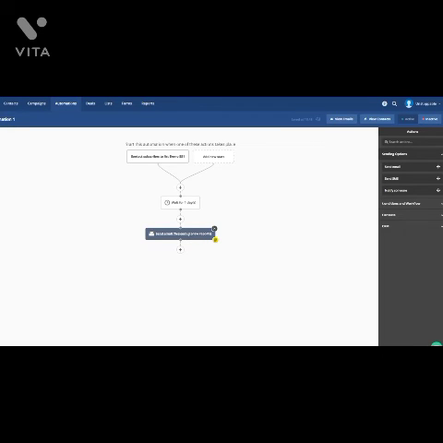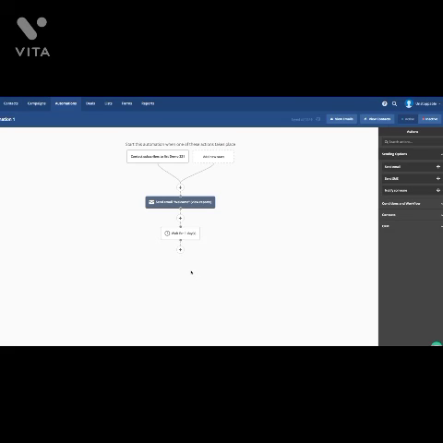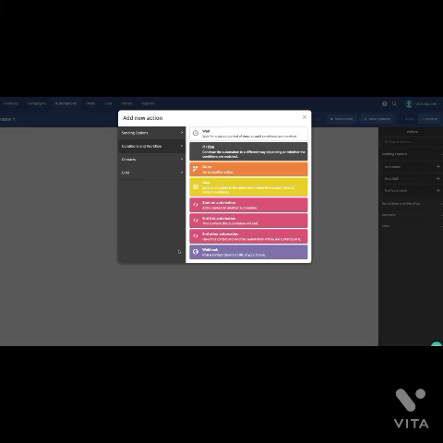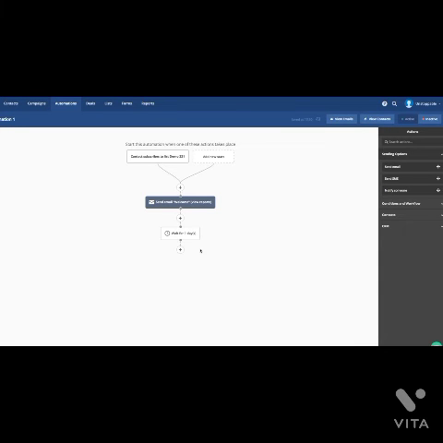However, I want this out straight away. So in this case, I don't need this. But what you can do is drag and drop it to the next section and move single action right here. And since I have no contacts here, these options don't really matter. So now it's moved on to wait for 1 day. And if I want to send another message 1 day later, I can click on the plus icon and repeat the same steps. You can do a lot more advanced things, such as if someone clicks a link in your